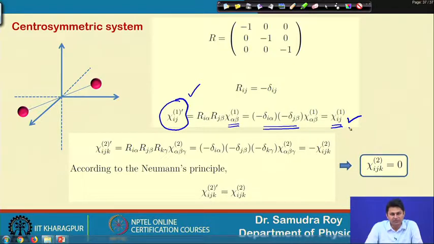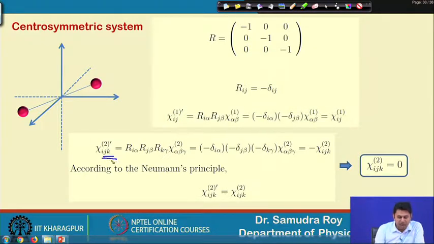The first order susceptibility remains conserved, but what about the second order susceptibility? Second order susceptibility is more important here. So, the i j k component will be there because it is a second order susceptibility, and they are related to alpha, beta, gamma and alpha, beta, gamma, with summation over alpha, beta, gamma. But if I go on to have different values of alpha, beta, gamma, all the values will be 0. Only these delta function values suggest that only delta i, delta j and delta k will give you something; otherwise all the contribution is 0.